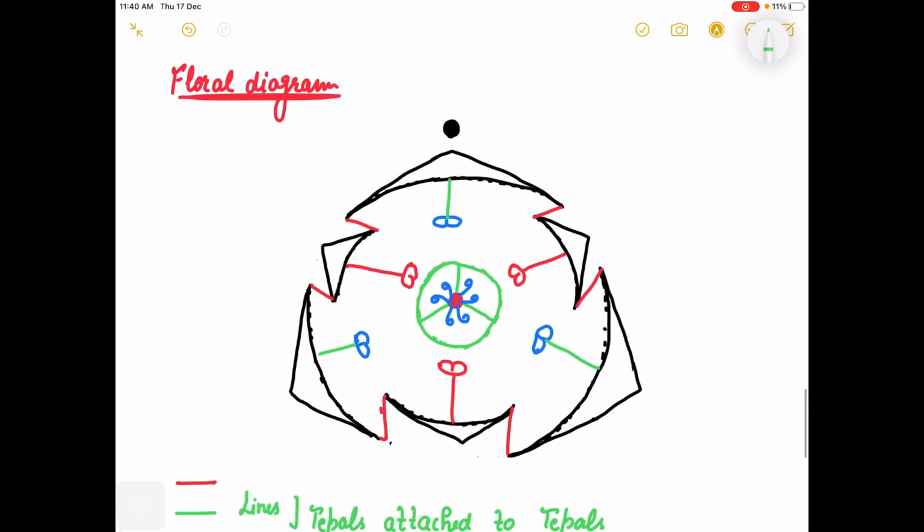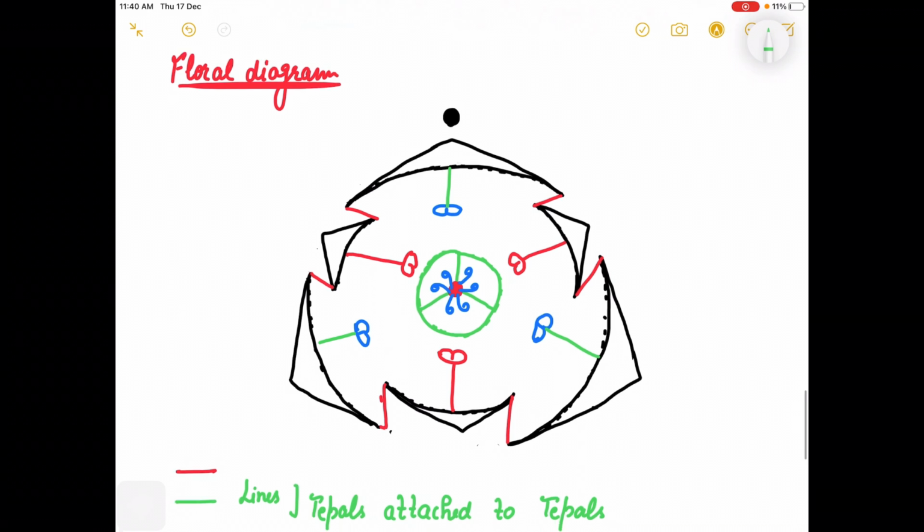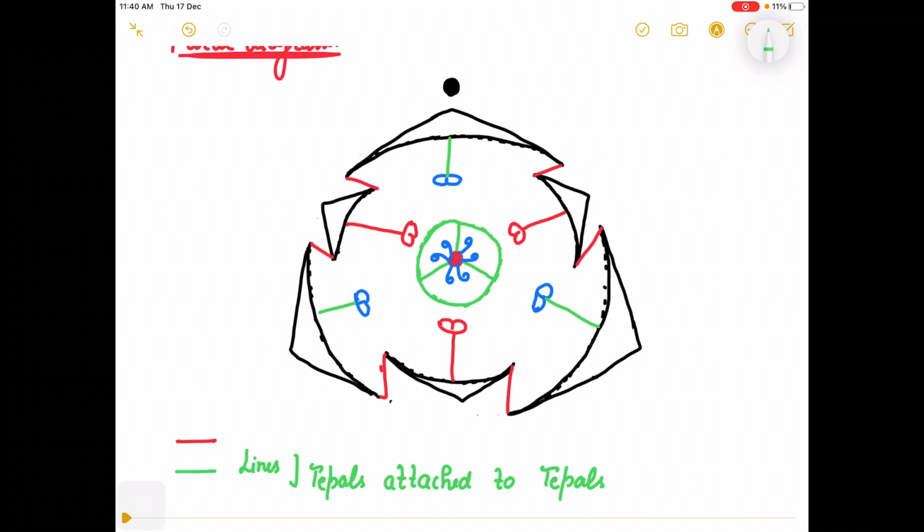Now let's make the diagram. Whenever you have to make the diagram, first you have to make this outer wall, because 3+3 has to be made. So we are going to make this first. You can make this circle, a big outer circle. Then mark your location, 1, like I have already marked, 1, 2 and 3.